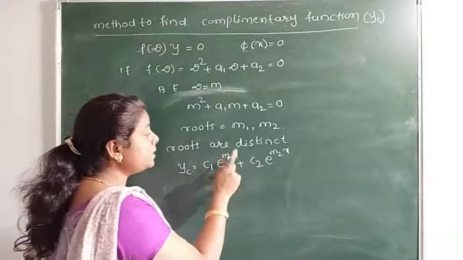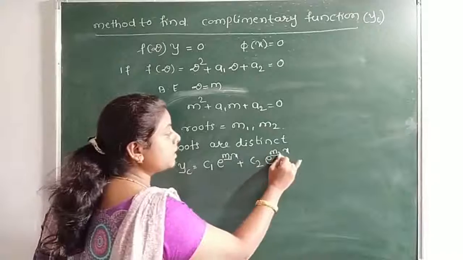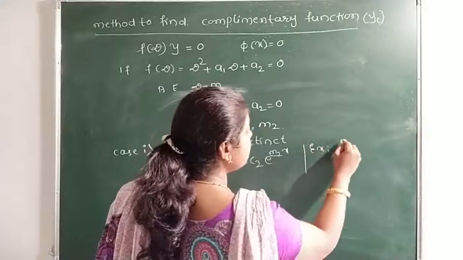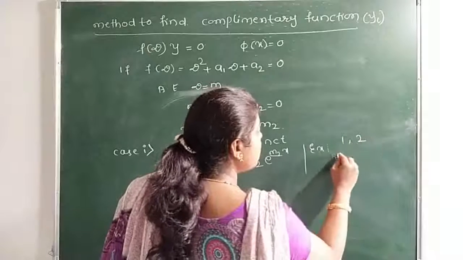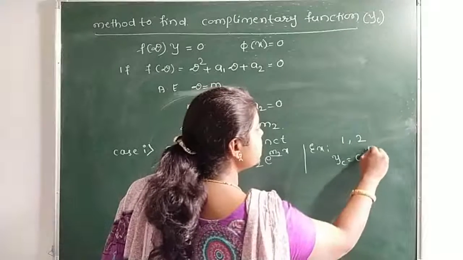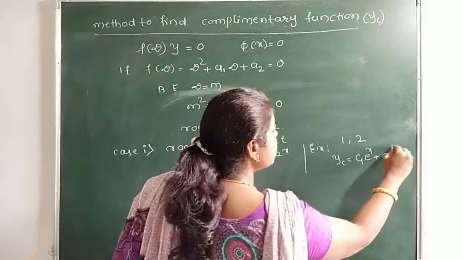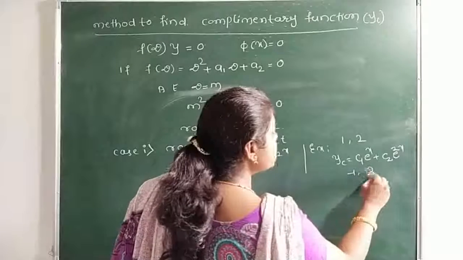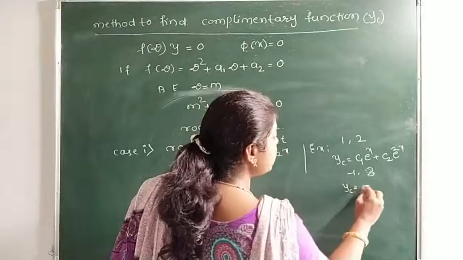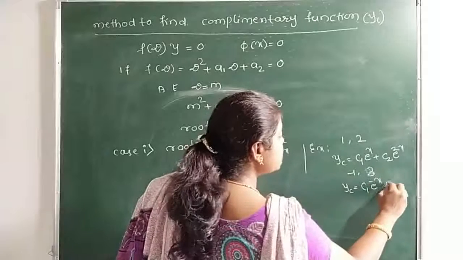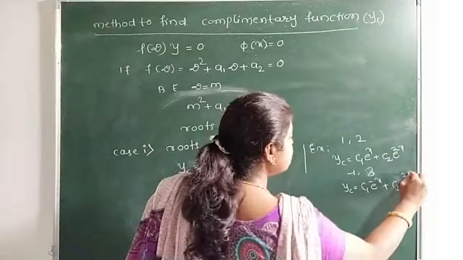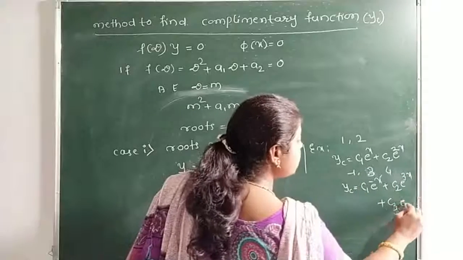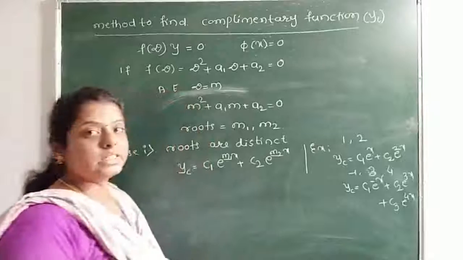We have to write these roots in the power of exponential terms. Example: if the roots are 1, 2, then yc is c1 e raised to x plus c2 e raised to 2x. If the roots are minus 1, 3, then yc is c1 e to the power minus x plus c2 e to the power 3x. It may be another one, a cubic equation, then plus c3 e to the power 4x. Like this you have to write the